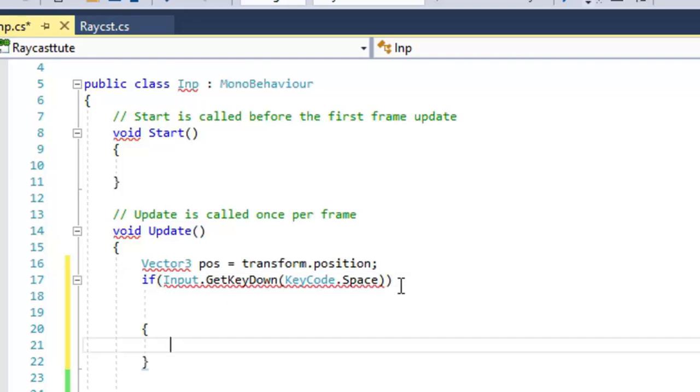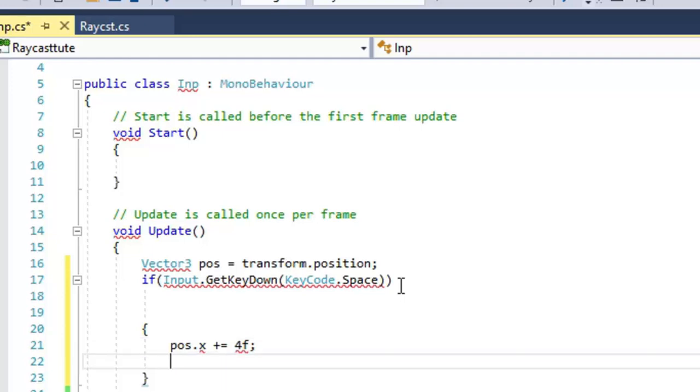First of all I will increment the value of the x direction of that cube by 4 units, and now again I will reassign this vector value to the current position of that cube.